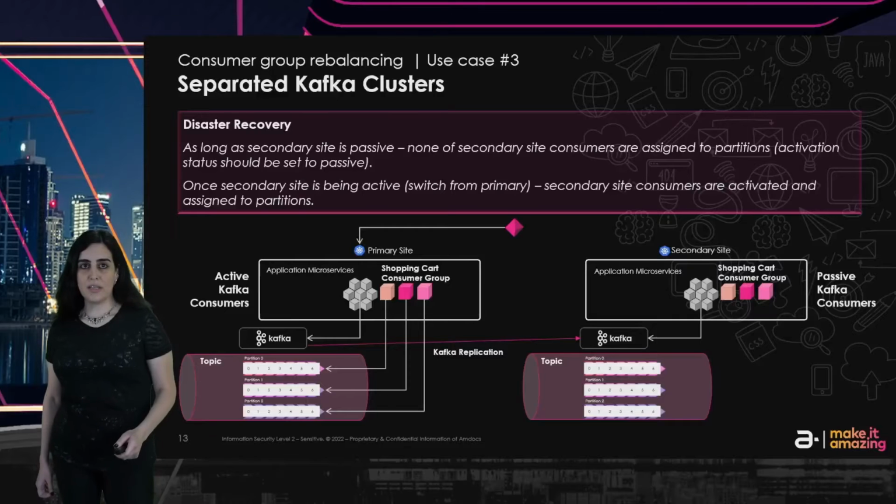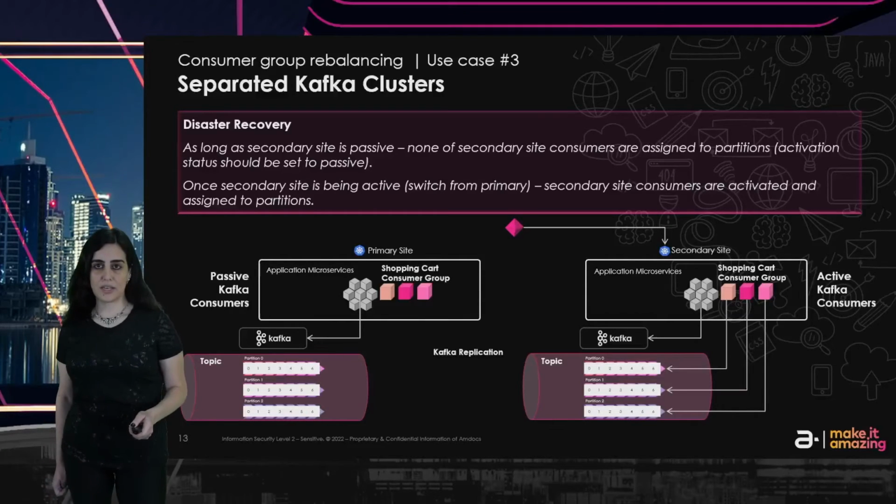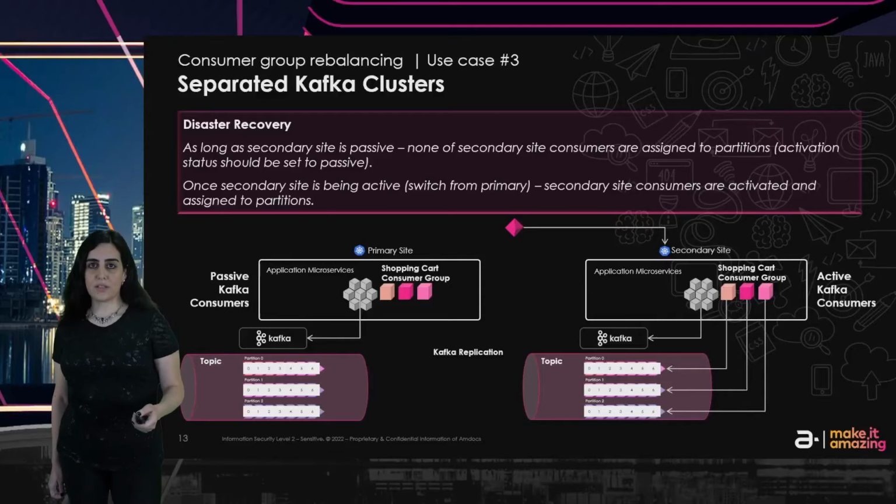But as you can see, as long as everything is fine with the primary site and it is live, only blue consumers consume from the Kafka topic and from the Kafka cluster on the primary. In case we need to switch, only then we activate the secondary site consumers and start to consume from this secondary cluster. And we know to start from the exact same point we stopped on primary because we are using the same group name, and also our application replicates the offset, not only the data.